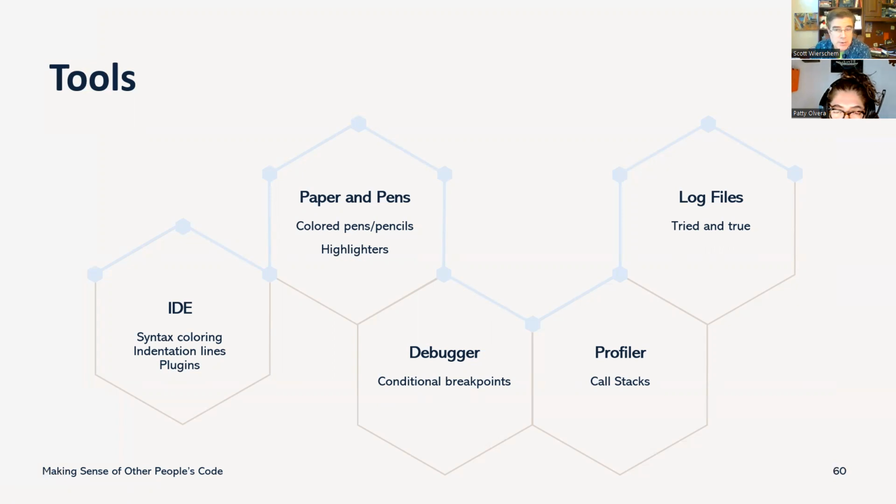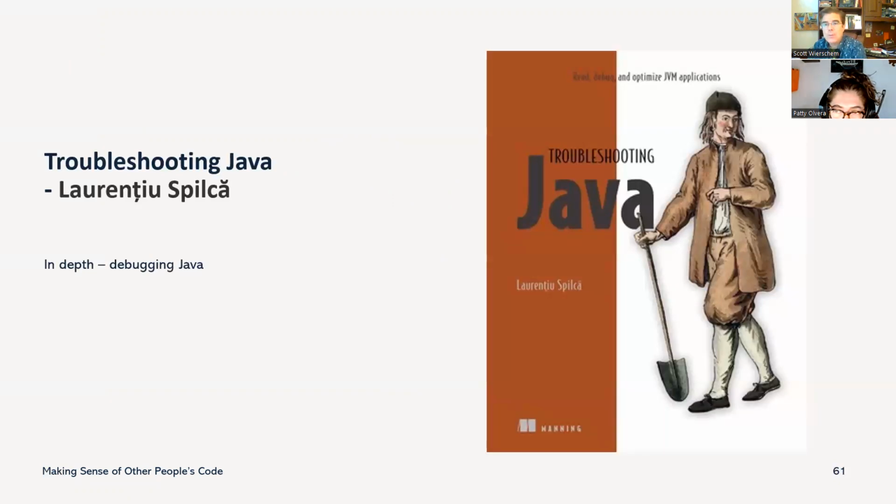understand unfamiliar code. There is a new book that came out a few months ago called Troubleshooting Java, by, guessing it's pronounced, Laurentiu Spilca, but I'm just guessing. I mention it here because frankly, the main reason we find ourselves reading unfamiliar code is to find a problem in the code and fix it. And this book is a terrific resource to help you use the tools that are available, especially for Java, help you minimize the time that it takes you to track down the source of a problem.